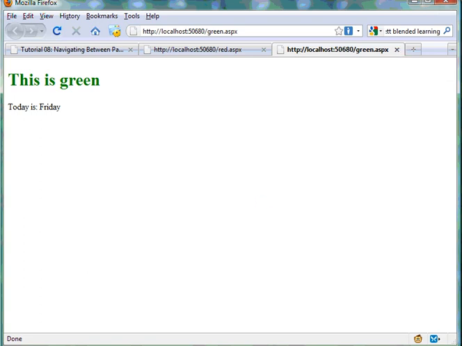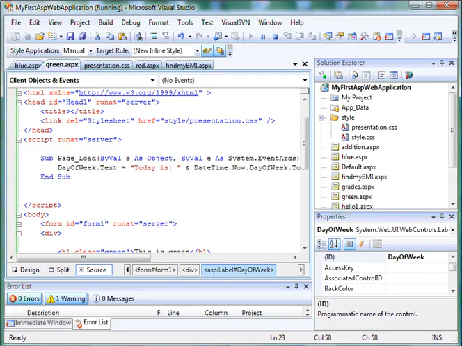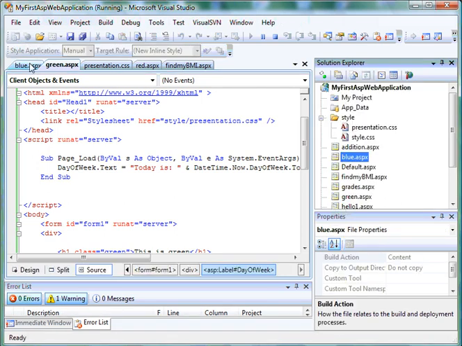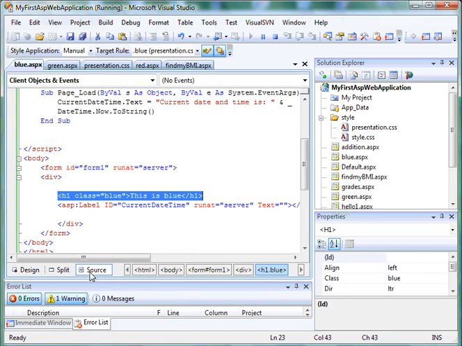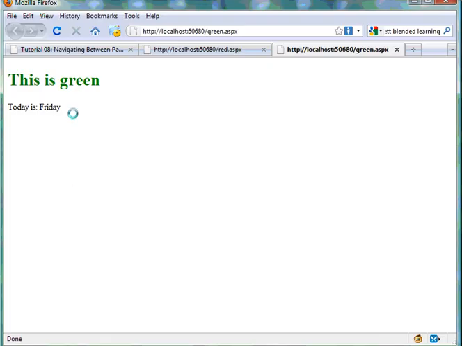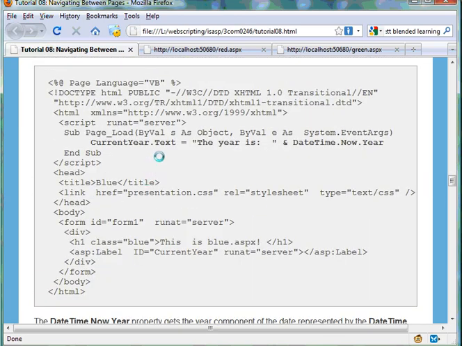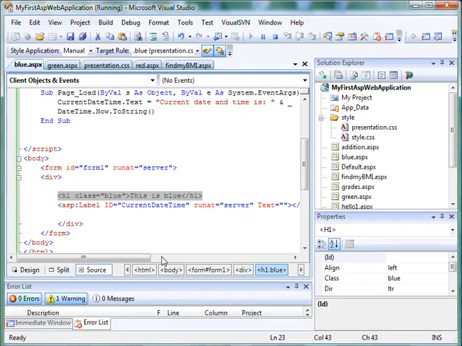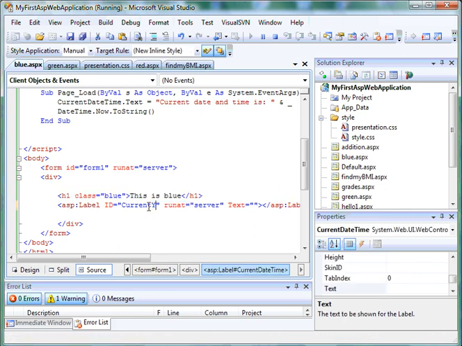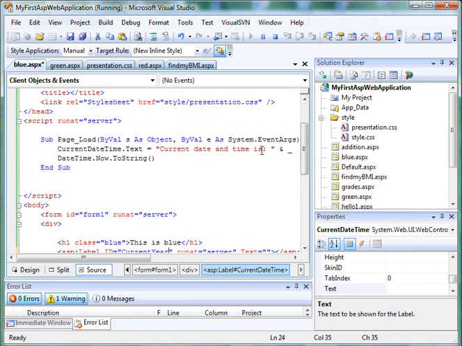Now we need to just do the blue one. So I'm going to go back into the coding. We've done the red, we've done the green. Now we go to the blue. Click on that one, and click back into the source. Now in the blue one, if we go back into the tutorial, essentially we have the current year, so we need to change the ID of the label to current year. So we're in the blue file, current year, and here we can say current year is,